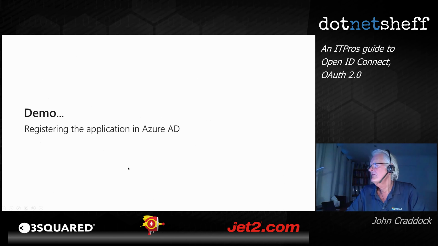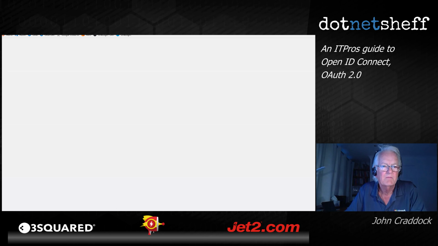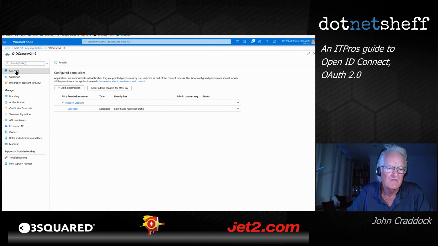And just a very, very quick look at actually configuring this in Azure itself. So I'm just going into the portal, and I'm going to, in here, app registrations, and I'm actually looking at the OIDC app registration. So I can look at the overview for this,